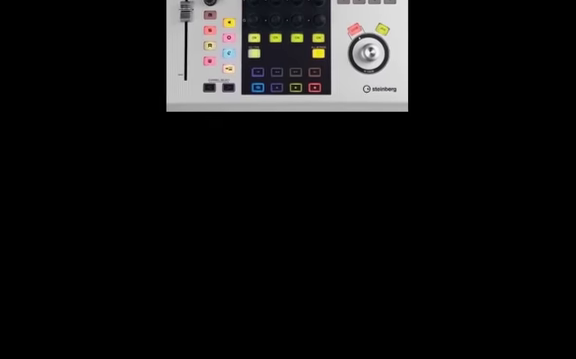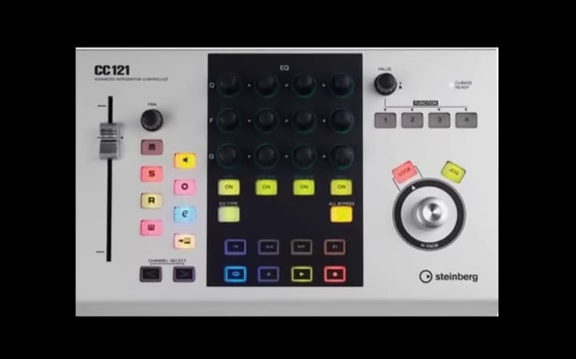Let's take a quick look at the Steinberg CC121 Advanced Integration Controller for Cubase and Nuendo. The idea of the CC121 is to have a compact yet highly functional control surface to make the best experience out of working with your software. Looking at the CC121 from left to right, we'll see a 100mm touch-sensitive motorized fader panning all of our track